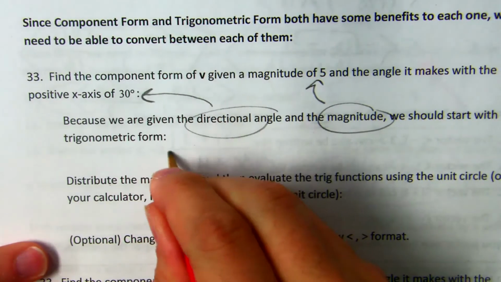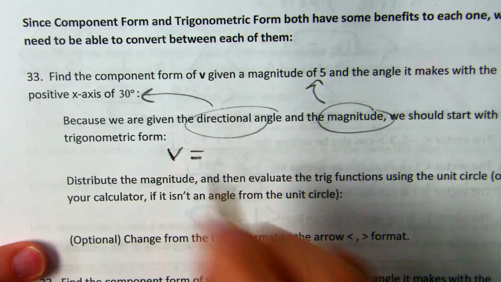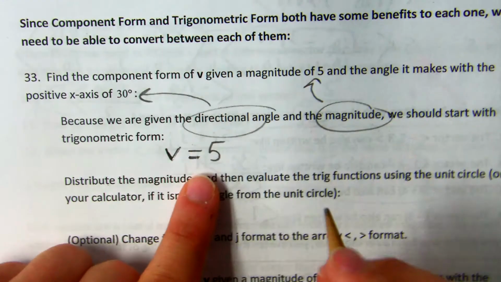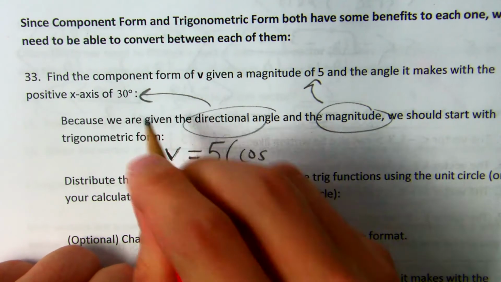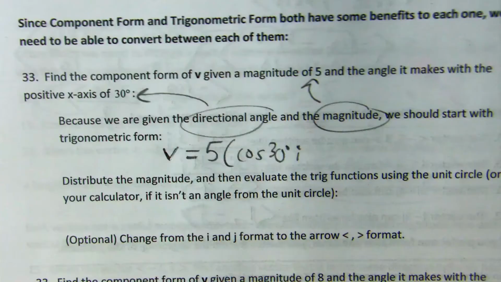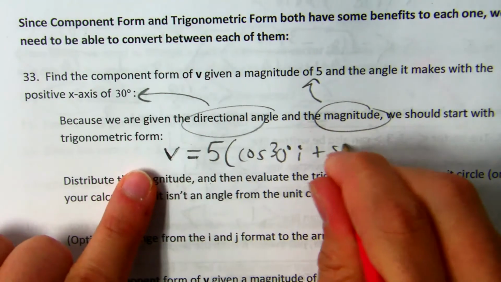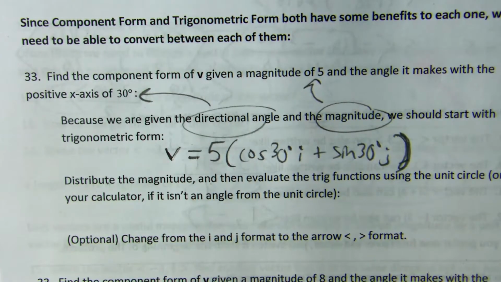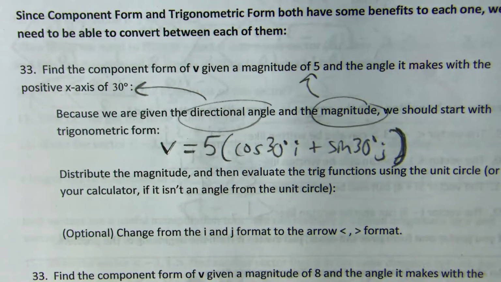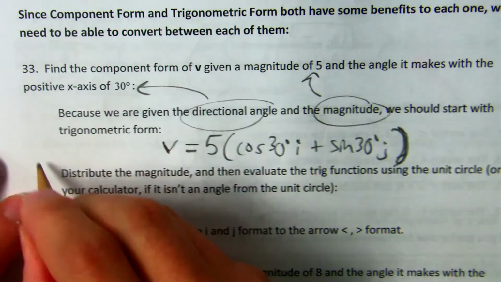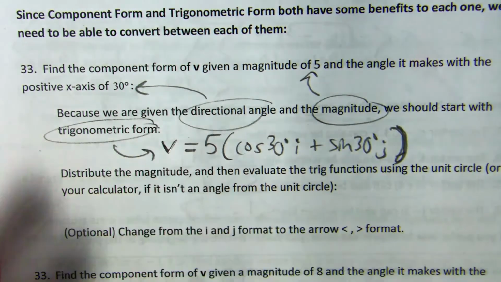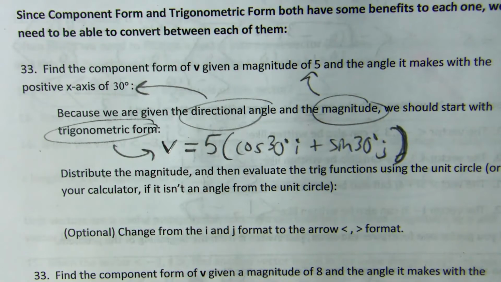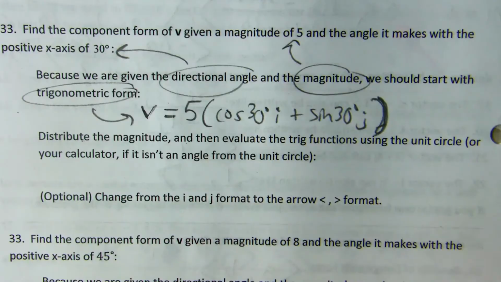So I will call this vector v, and magnitude goes out front, and the cosine of this angle in the i direction plus sine of that angle in the j direction. Now those are parentheses because I'm trying to indicate that this 5 is going to be distributed. Alright, so if the question said put it in trig form, it'd be correct. That is the trig form. I gave you the two things that you plug in. But if you want it in component form,